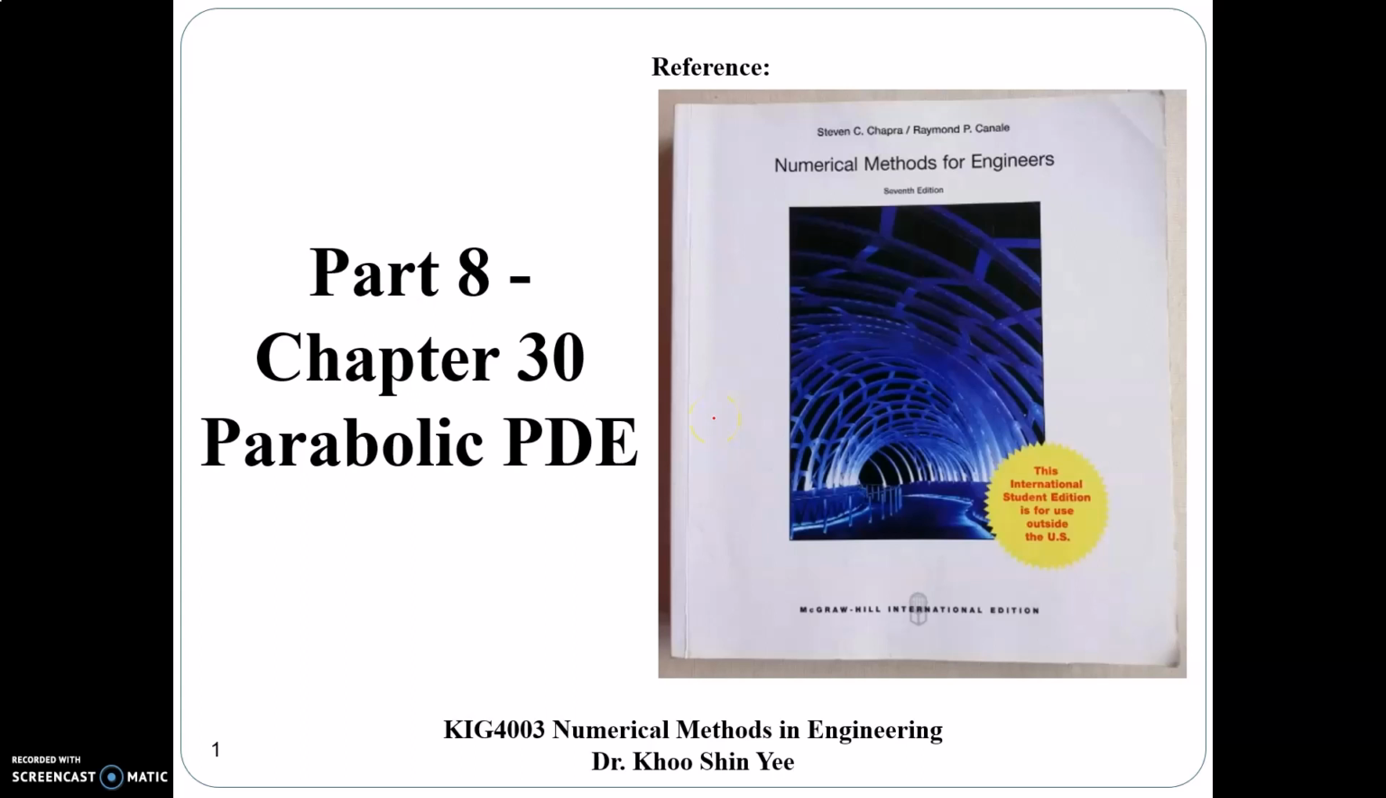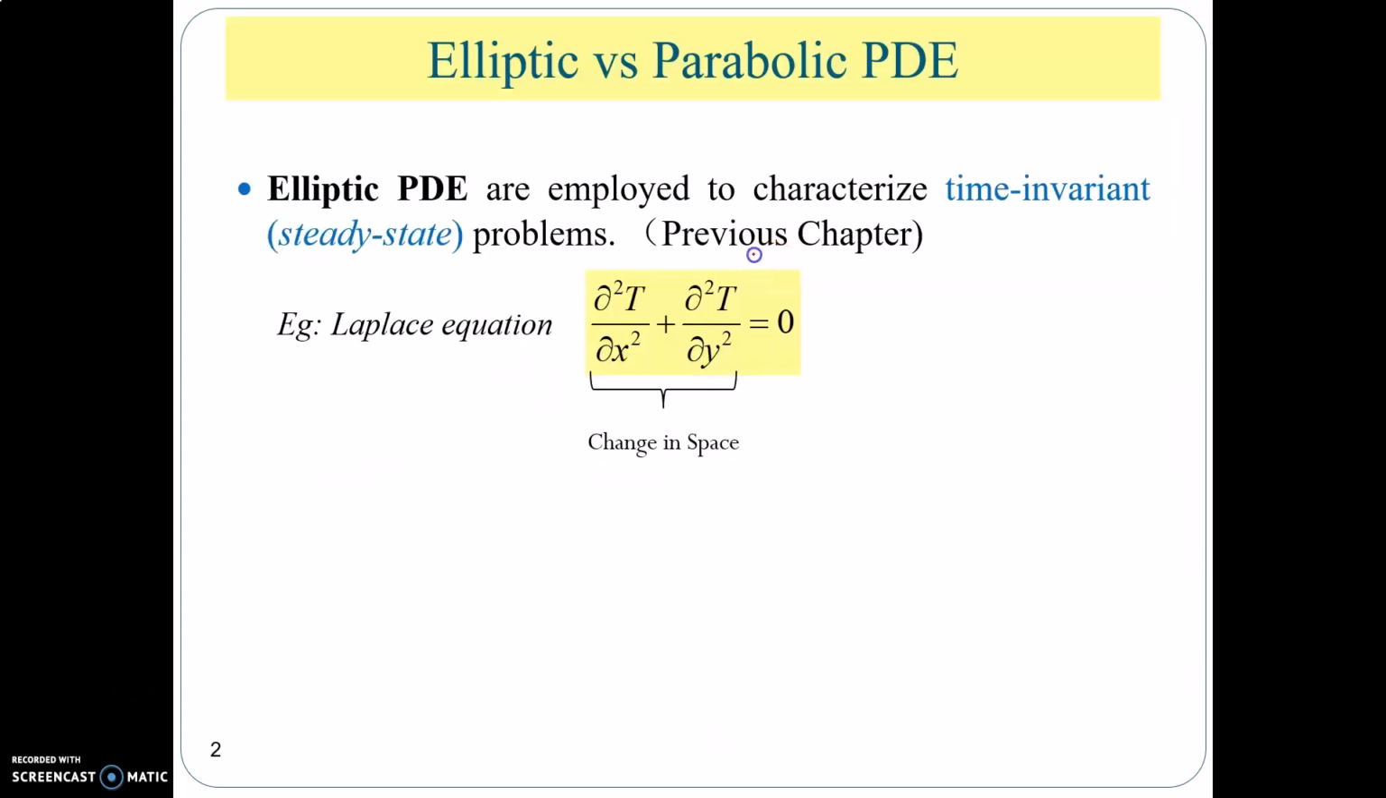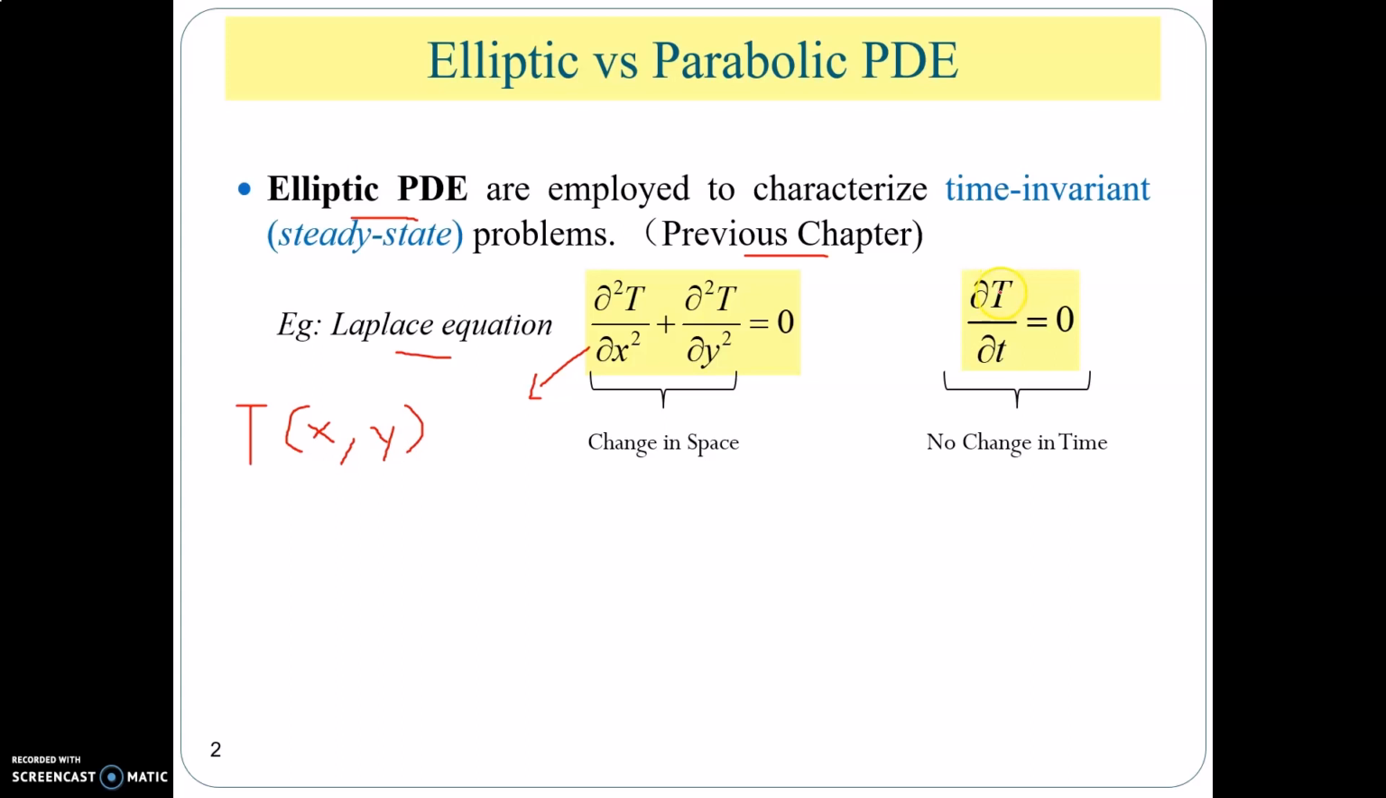Hi, in this video, we will learn how to solve the parabolic PDE by using the numerical method. In the previous chapter, we have this Laplace equation, which is in elliptic PDE format. We are going to find the solution for the T, which is the temperature, at location X and Y location. The temperature doesn't change with respect to time here, so we can say that this is time invariant steady state